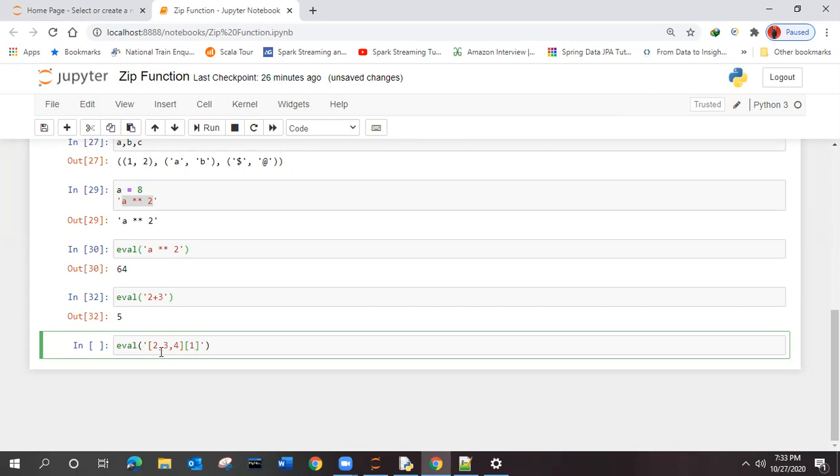Inside one list we have three elements, and in another list we have one element. But we are not giving any operator and we have not given any comma also, right? So this cannot be taken as two different elements in the list. If I give this as the input to eval, will it work or not?